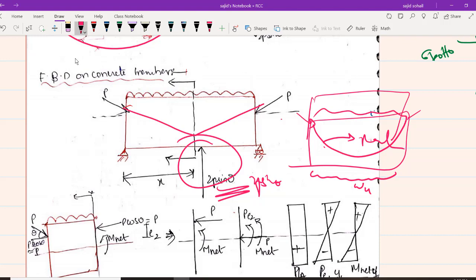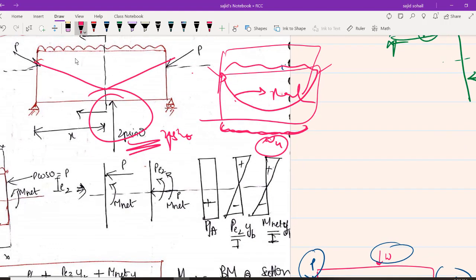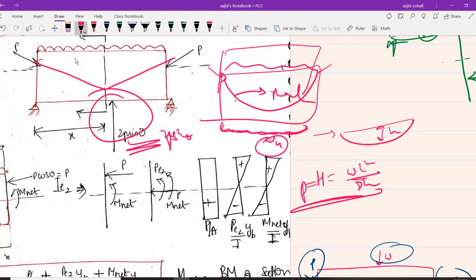I got a UDL WU. WU upward force is K. So how to get this upward force? Very simple. Whenever there is a cable and there is certain upward force acting, what will be your horizontal thrust? Horizontal thrust formula we saw in structure analysis, WL square by 8H, right? If this is H, then WL square by 8H was my horizontal force. Here it is nothing but my P, the pre-stressing force. Therefore, this WU, whatever is upward force acting, is nothing but 8PH by L square.